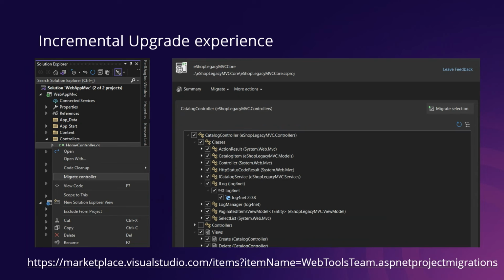Along the way, it will, similar to Upgrade Assistant, make a best effort to upgrade your source in your classes that are being moved, to upgrade the NuGet dependencies that are being moved, to versions that are going to work with ASP.NET Core. Now, both of these tools, the incremental migration tooling in the VS extension and .NET Upgrade Assistant,